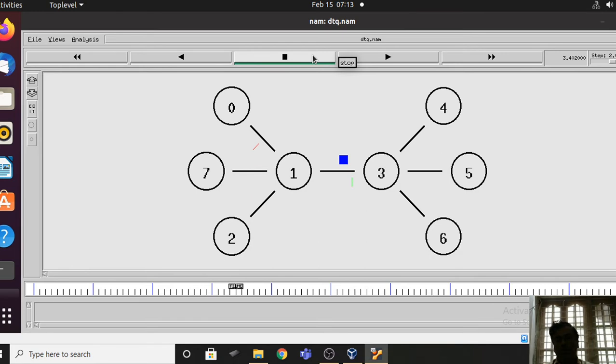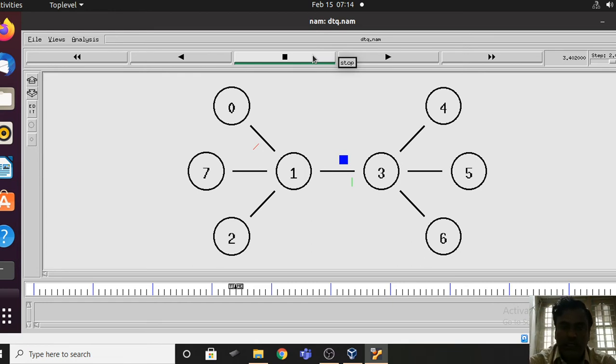Now three data transfers are taking place. And how long is it going to continue? Till the timer reaches 8 units of time, it is going to continue.